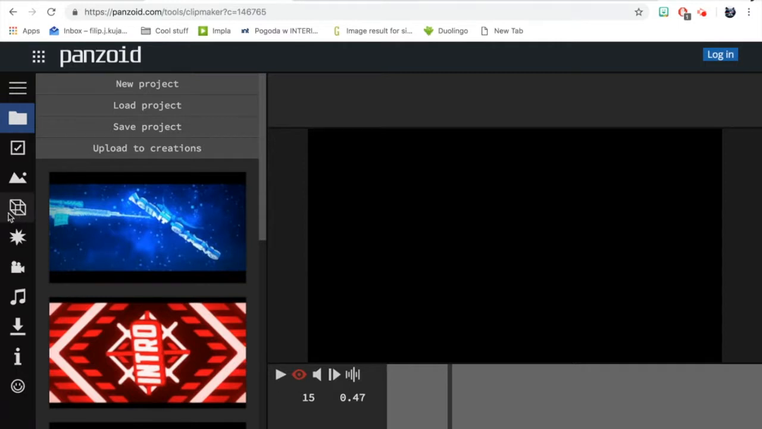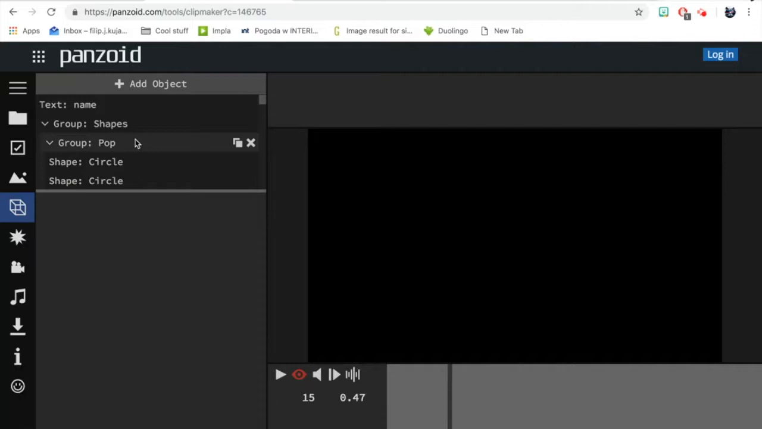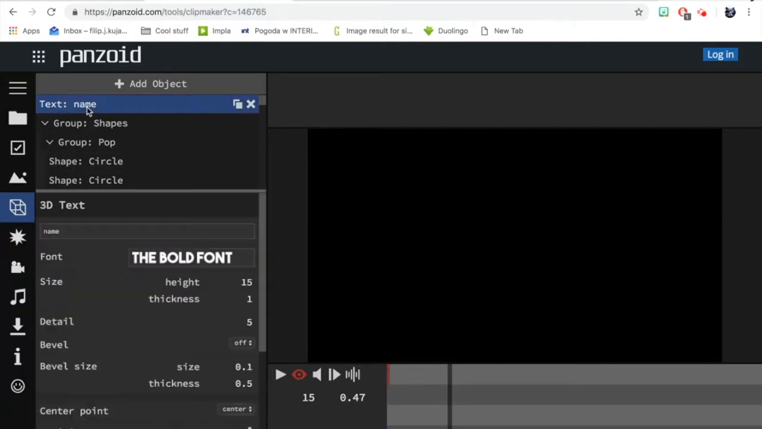So we're gonna click on this little cube icon in the sidebar. You're gonna find a group called text or name or whatever. I'm gonna click on that. Type in